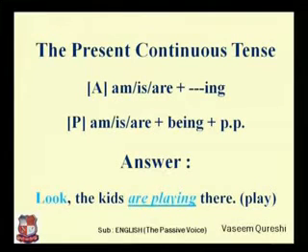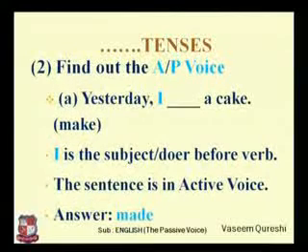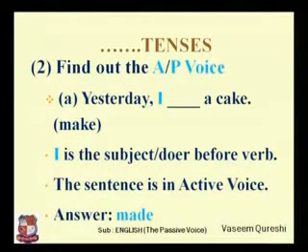Look, the kids are playing there. So look becomes the keyword, and the kids, they are the subject which does the action. So it is in active voice mode, and we are talking about kids, it's plural. So instead of am and is, we have to use are, and then we have to write ing. So the first thing which you have to identify is the keyword in the sentence. The second thing that you have to find out in the sentence is active or passive voice which is present in the sentence.